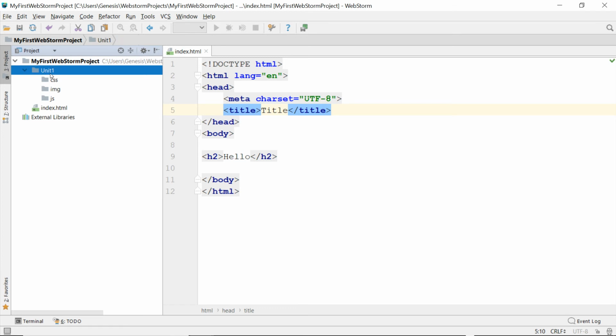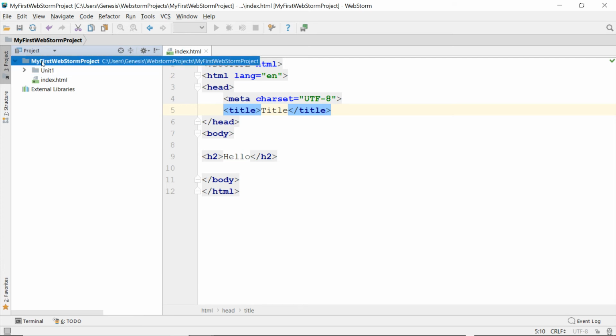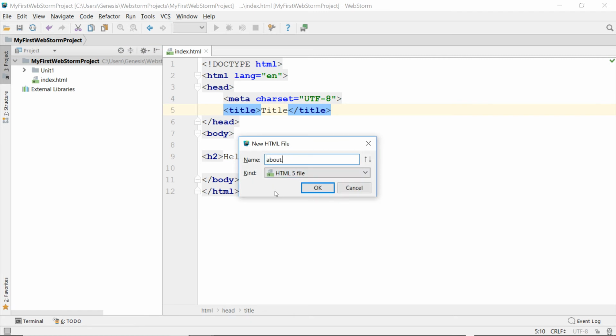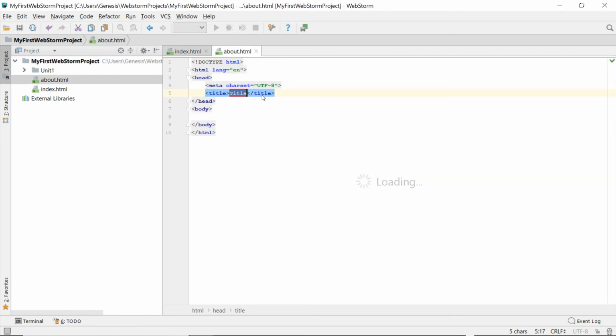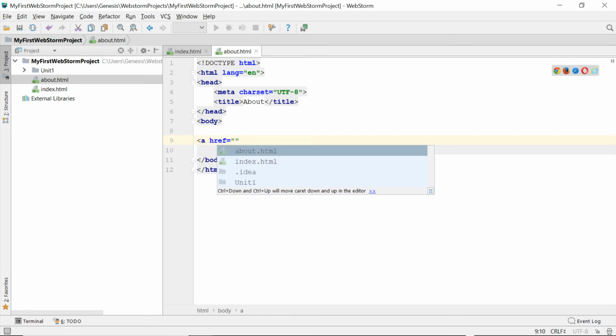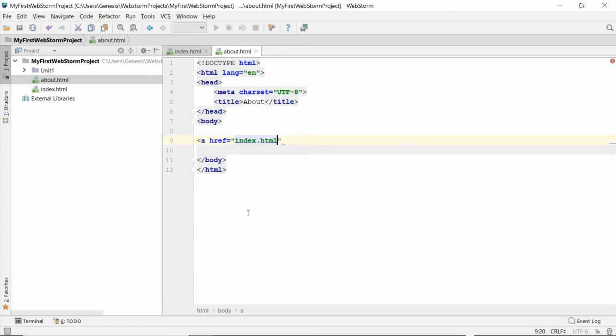And then in here I can create my index files. So for example, let's go back up to the main directory here and create another HTML file. We'll call this about.html. So this is the about page. Let's just say about here, and on this body tag I want to create a link to the index page. Index here, and then let's say home. So if I save this and run this file,